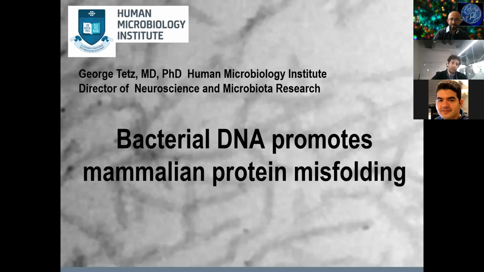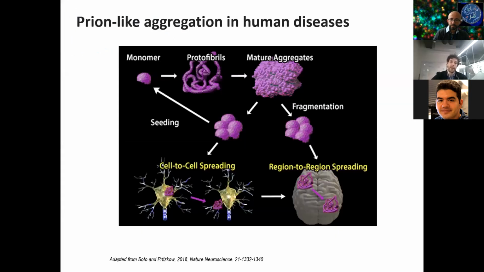So today I will be talking about a series of our discoveries. Actually, it's a summary of three of our papers showing that bacterial extracellular DNA could modify mammalian proteins in different ways, including cross-seeding, causing a kind of prion-like aggregation. I will start with the new role of bacterial DNA as a seeding factor that leads to protein misfolding in Alzheimer's disease. And let me start with a really brief introduction to protein misfolding.